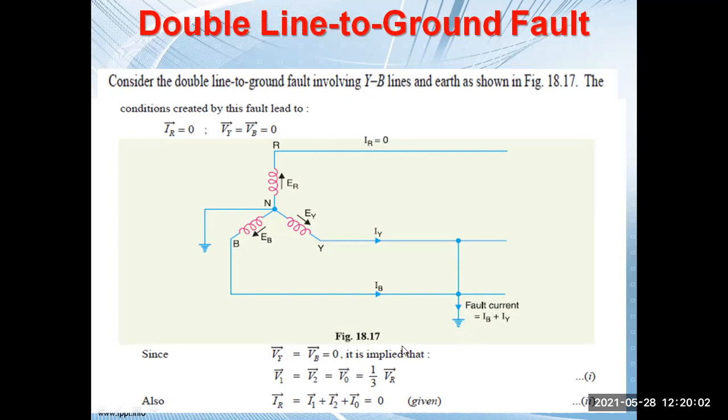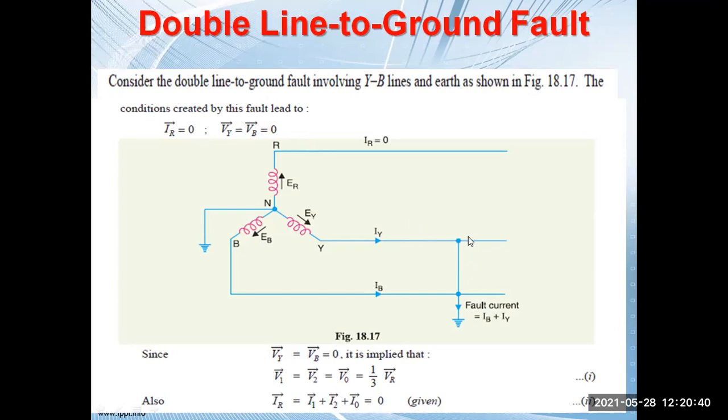So what will happen in this case? IR equal to 0. There is no current in this particular phase. And IY plus IB will be equal to your fault current. Obviously, the fault current will be the summation of these two currents, because two phases are connected together and grounded. So the total fault current will flow to the ground, and that fault current will be the summation of the Y phase current plus the B phase current. So IR equal to 0 in this case, and VY equal to VB equal to 0, because